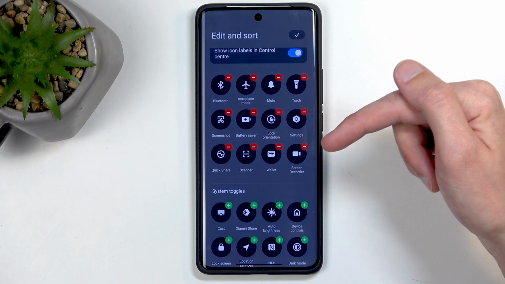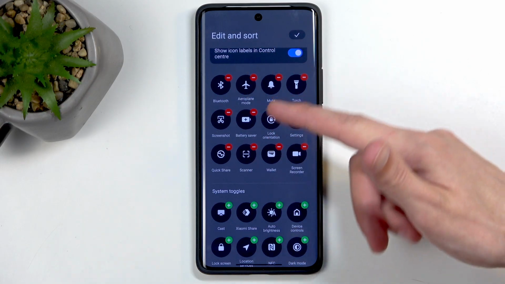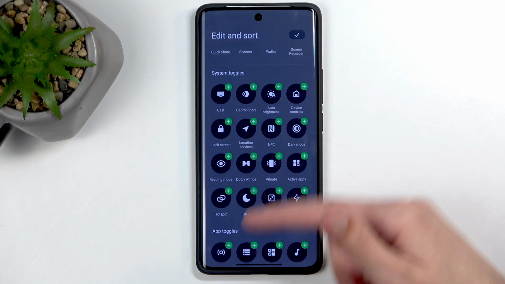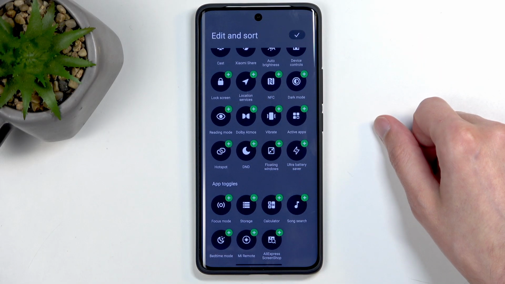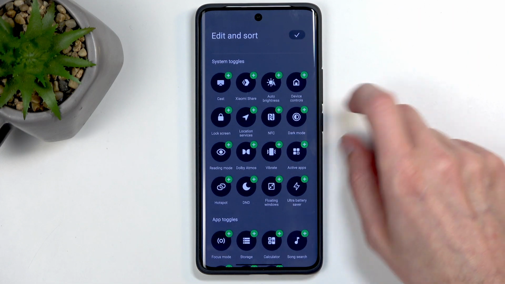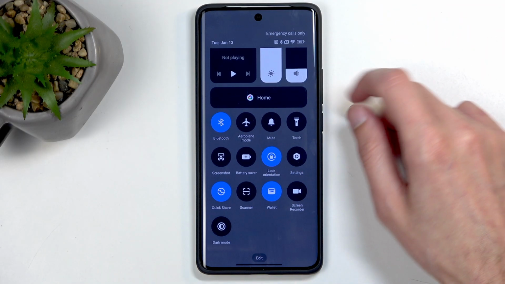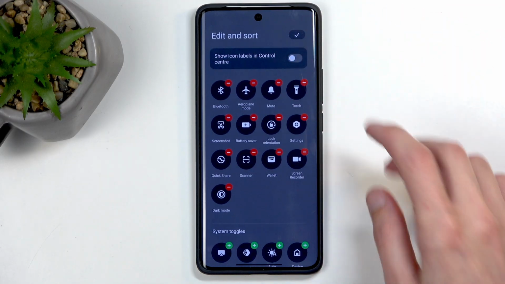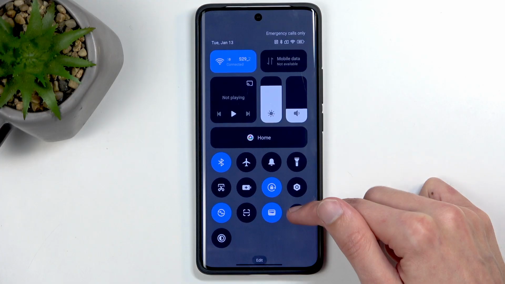And additionally, in here, if you don't see this screen recording toggle anywhere, at least here, you can scroll down, and everything with the green plus are toggles that you can add to that list. So these are all ones that are not added by default. And when you see one that you want to add, just click on the plus, check mark, and you can see it's now added. Now, once you see the toggle, you can hold it the first time around, and this